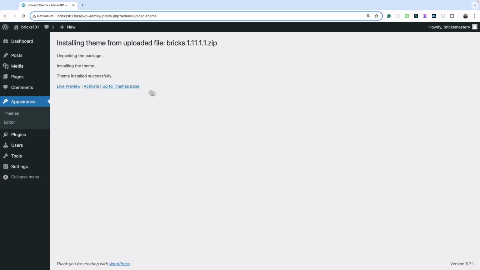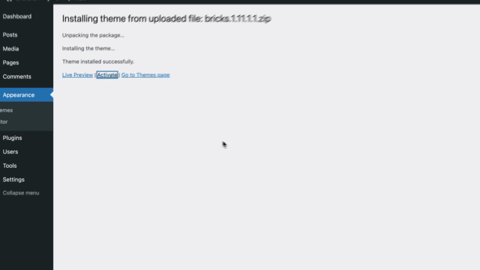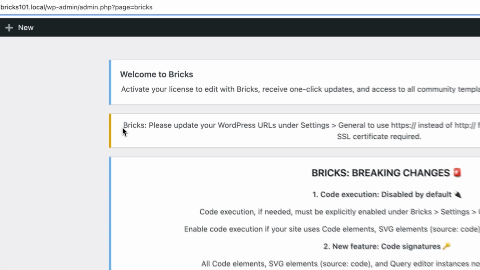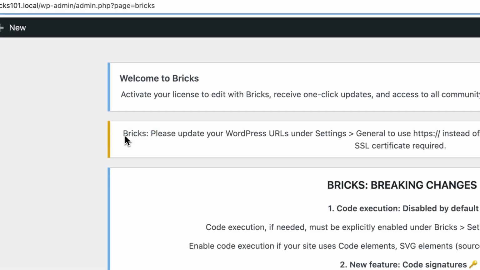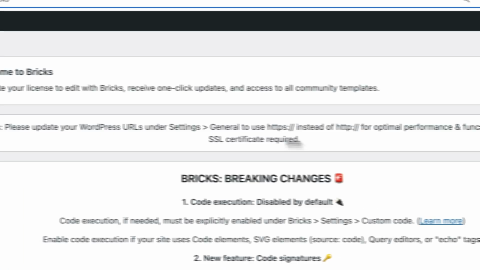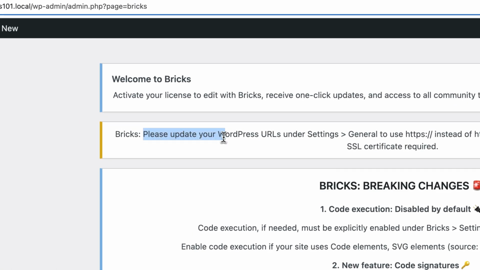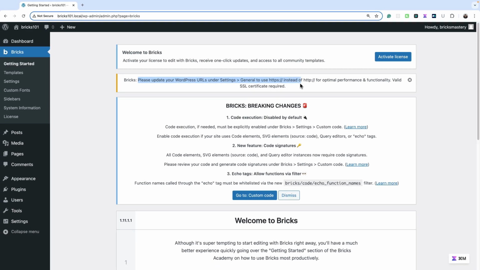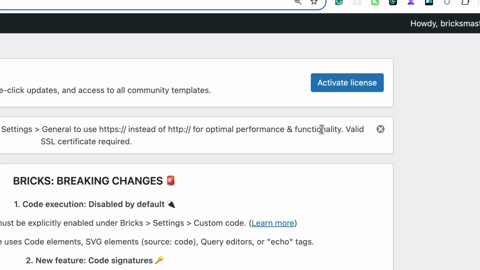After installation, just activate it, and then you can see the banner. You have to activate your license, but before that, you can see that Bricks is notifying us about something very serious: Bricks, please update your WordPress URL under Settings, General to use HTTPS instead of HTTP. For optimal performance and functionality,